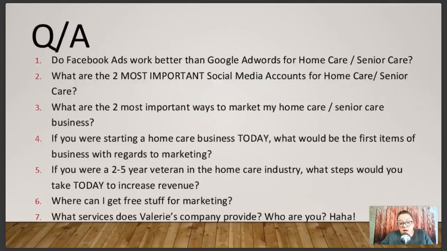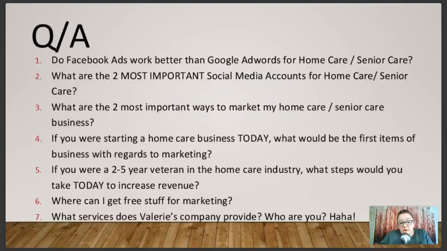The third thing that's important is that when you run that ad, you set up a system that instantly notifies the home care agency owner that a lead just filled out a form. You, as home care agency owners and marketers, need to follow up in 5 minutes, in 10 minutes. You can't wait a day. You can't wait 3 days. You have to follow up right now. So what we do is we set up a system that will either email you instantly or text you instantly or some form of both, so that you know someone has filled out a lead form.